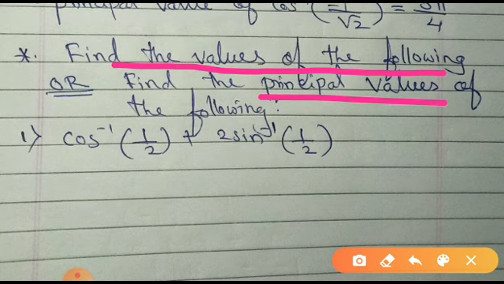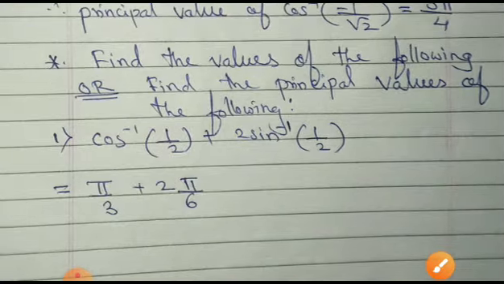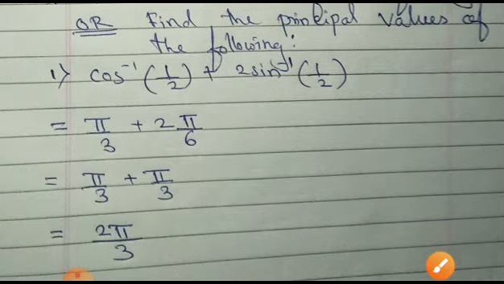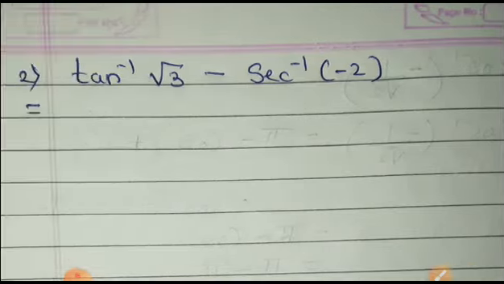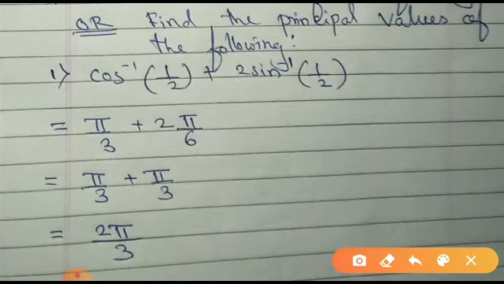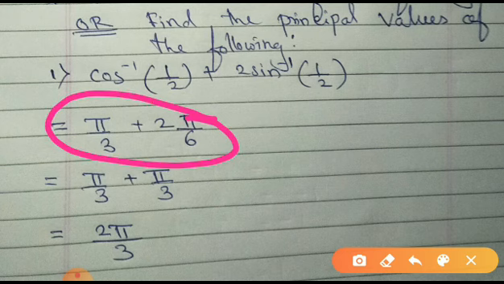Sine, it is pi by 6. So instead of that, I'll be writing here just pi by 3 and 2 times pi by 6. So will I get it as 2 pi by 3? Okay, now here don't check whether it belongs to any range or not, because here we are writing the perfect